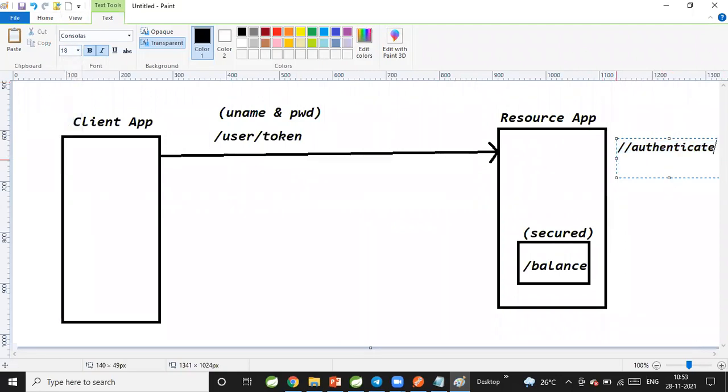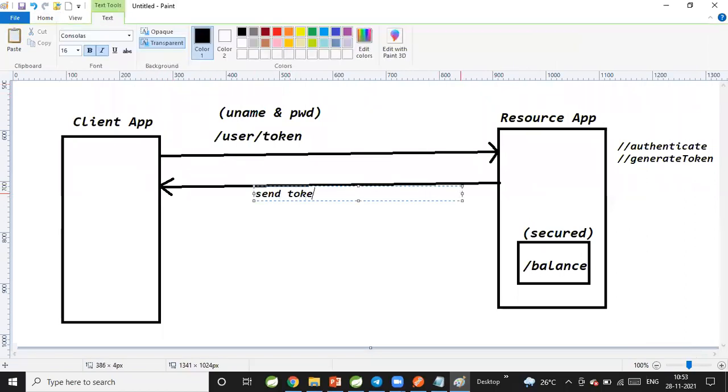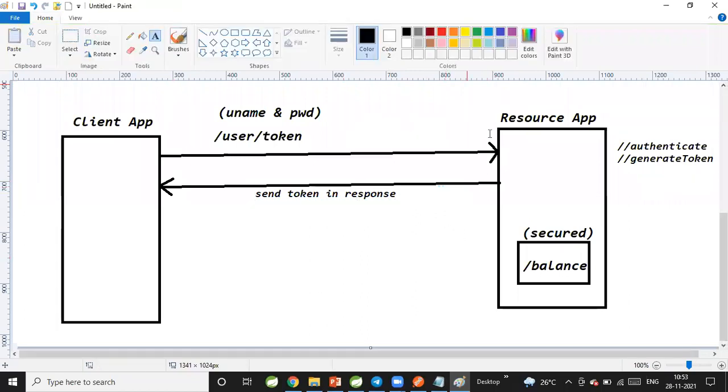If authentication is successful, generate the token. Now that token will be sent back to the client. Send the token in the response. Now the client got the token.